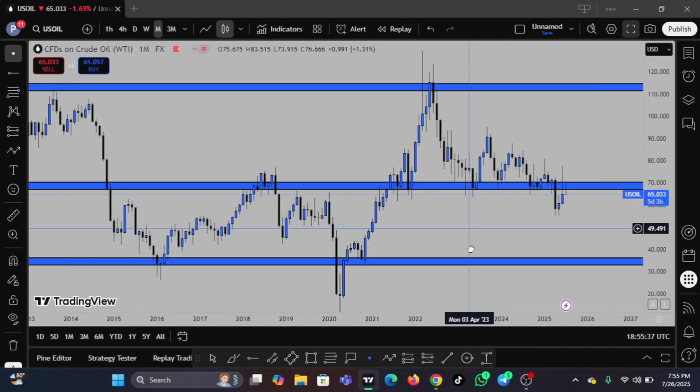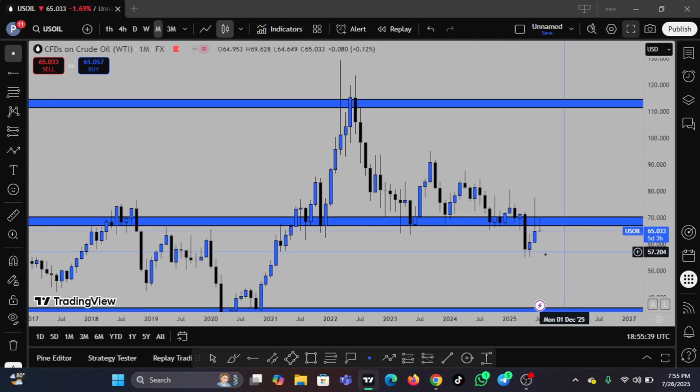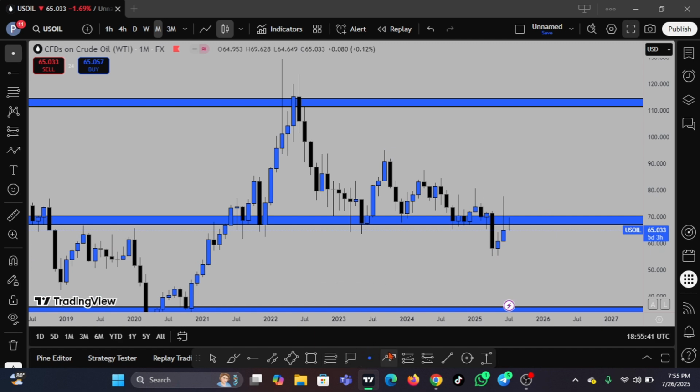So on the monthly charts, let's look at this together and pay attention to structure. We have price dropping heavily to this point. Of course, we expect price to now push up. Look at all these strong bullish candlesticks, but it wasn't enough. We came back down. It wasn't enough. We came back down.